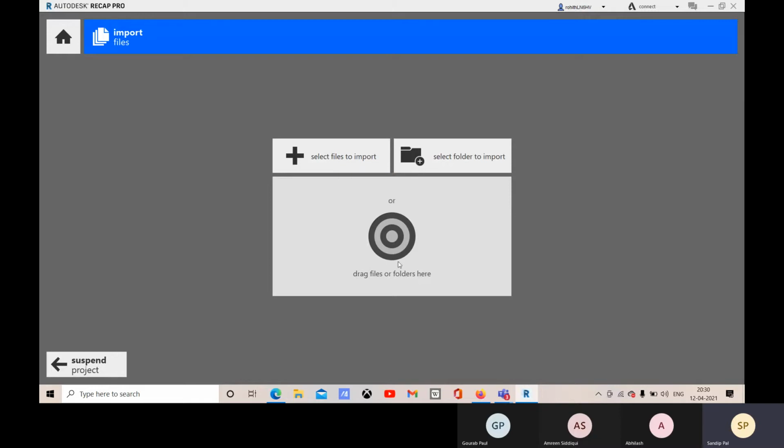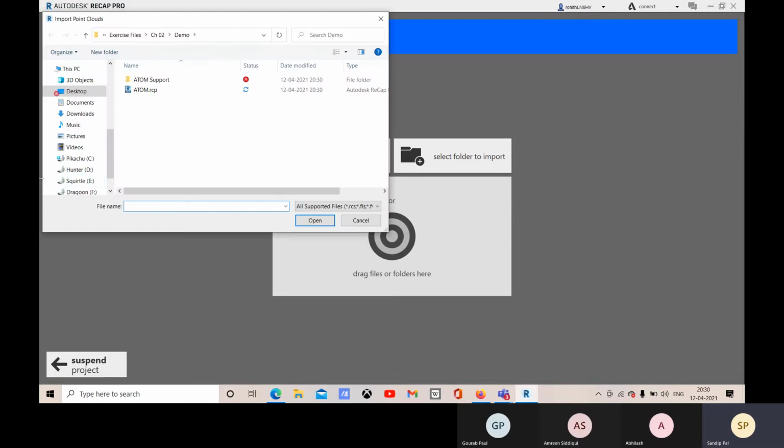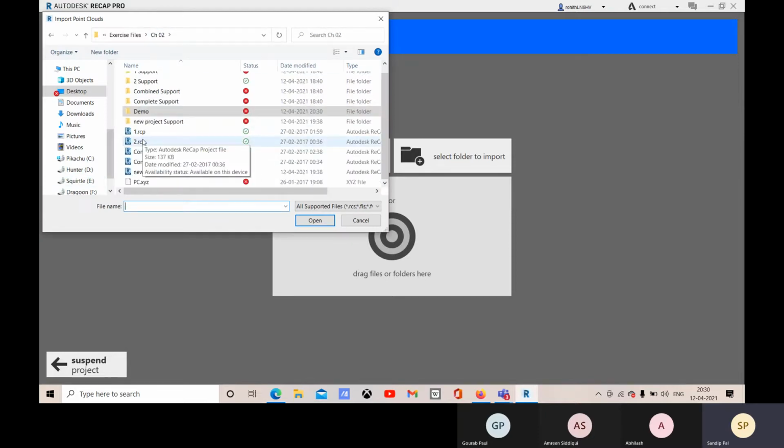And here if you want to import any file, you can also import. So let me open this one. Here you can select multiple files at a time.